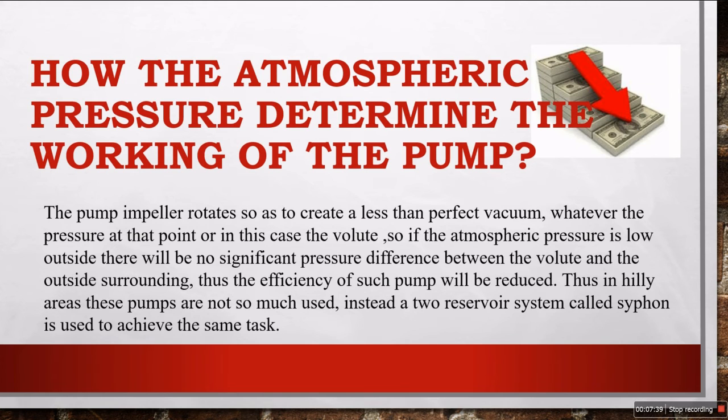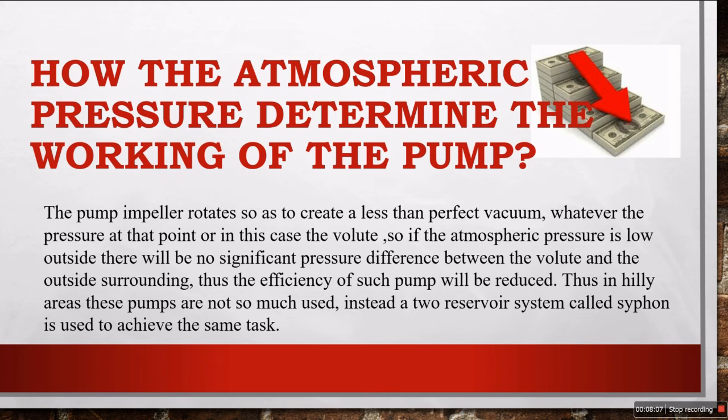Now let us read line by line. The pump impeller rotates so as to create a less than perfect vacuum. As I already told you, the impeller rotates so as to create a vacuum so that water can be dragged from the outside surroundings towards the volute. So whatever be the pressure at that point, in this case the volute, so if the